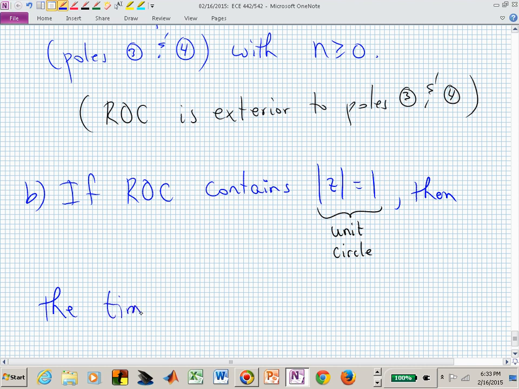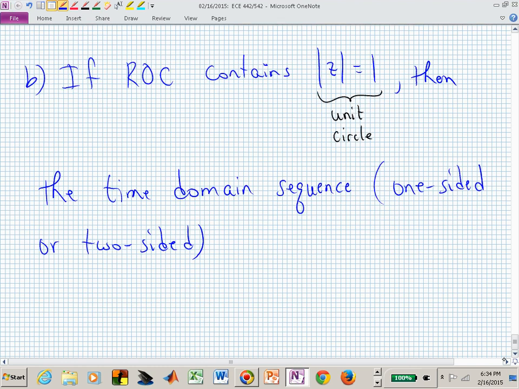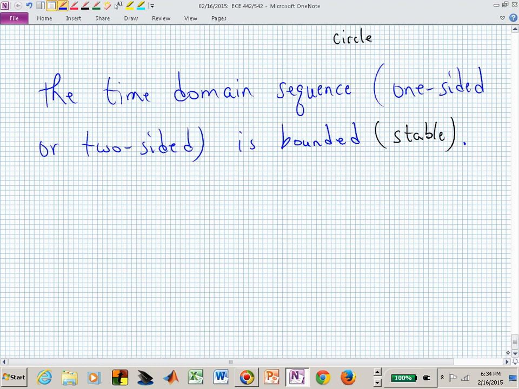Then the time domain sequence, one-sided or two-sided, it doesn't matter, is bounded if we're dealing with a signal, and if it was a system, then we would say that that system is stable. Which we are really saying,